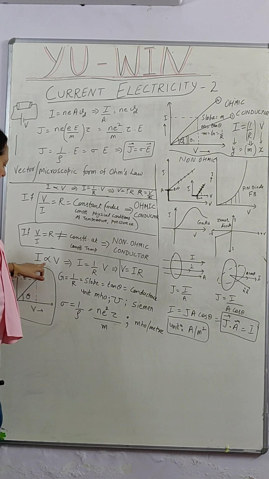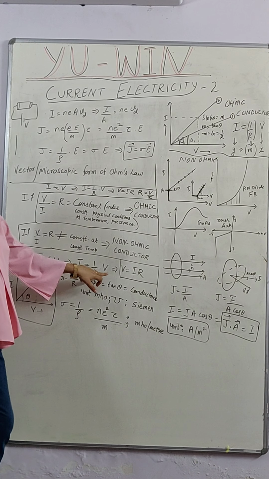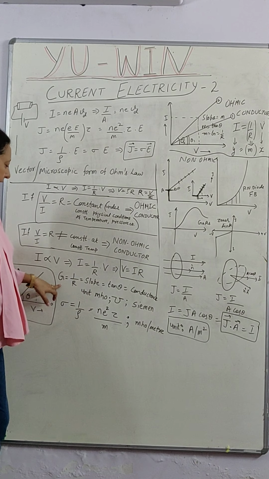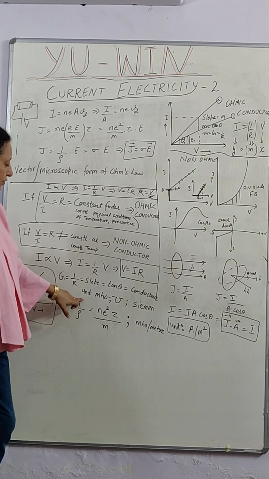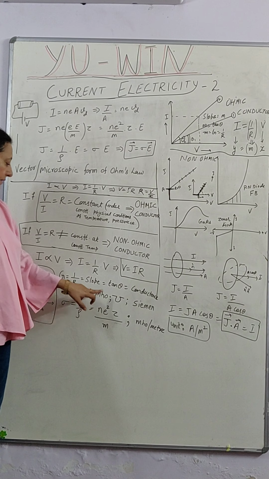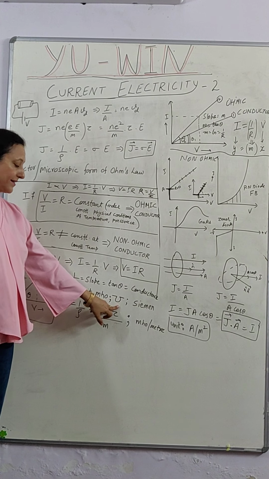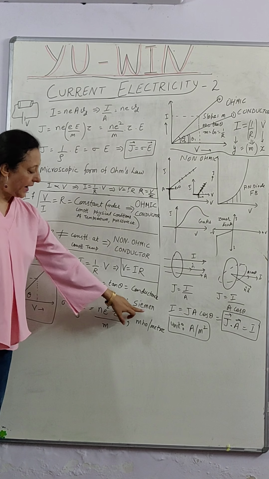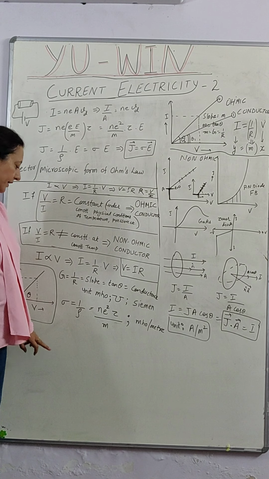Now, if you analyze this, I have written Ohm's law again. I is proportional to V. I is equal to 1 by R into V. V is equal to IR. G is 1 by R, which is a slope, which is also tan theta, and the unit of G is just the inverse. The unit of resistance is ohm. You reverse the ohm, OHM, it is MHO, mho. So, since it is inverse of resistance, its unit is also known as mho. The symbol of mho is just the invert of ohm, and the one special unit is also known as Siemens. Siemens is also the unit of conductance.